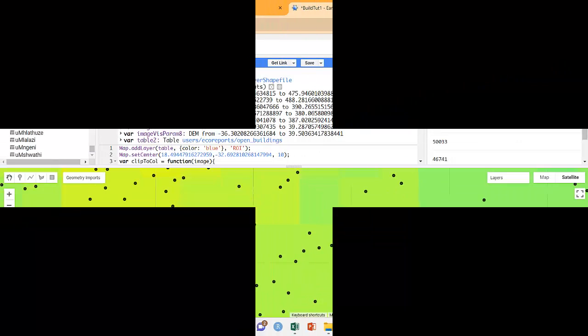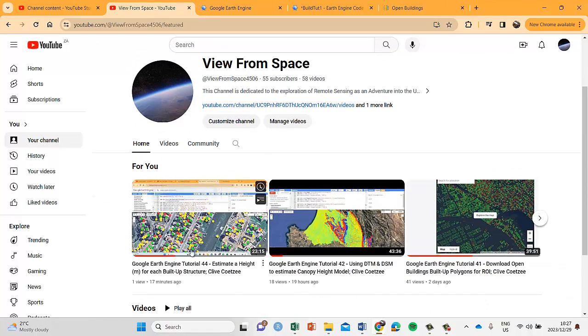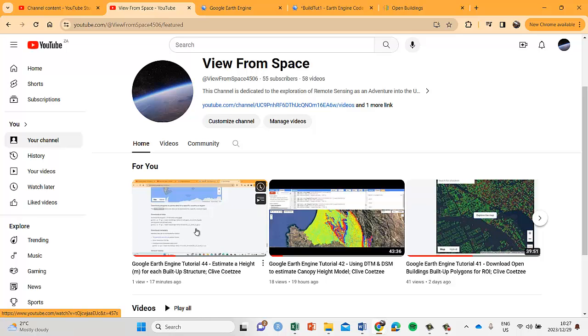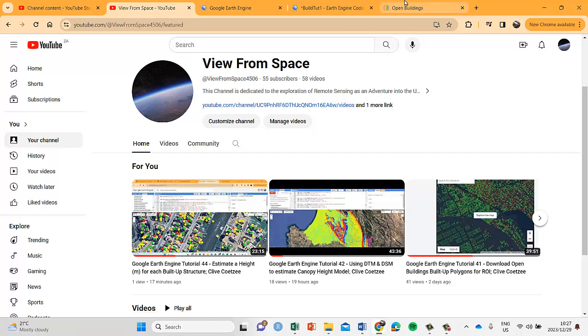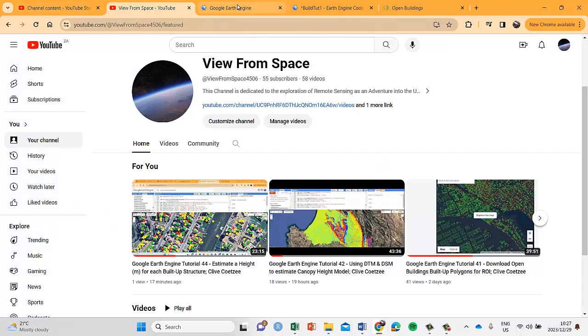In our last video tutorial, we estimated a height value in meters for each of our built-up structures. That's what we spent most of our time on in the last video. We estimated this for each of our 50,000 built-up structures that we identified using an open building platform, and they generated a height value. So that now ultimately gives us, for each built-up structure within our region of interest,